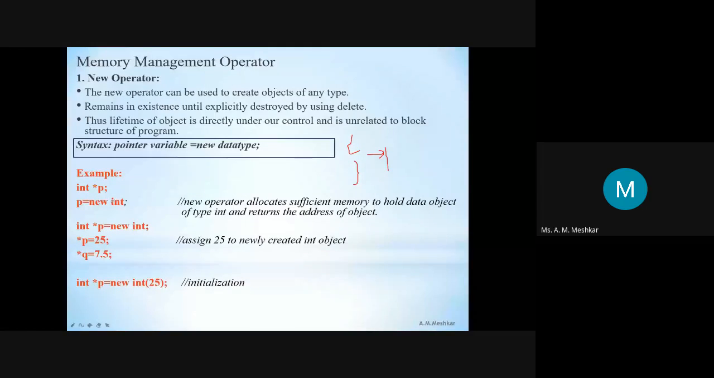See, we can assign the newly created object some value also. ये दोनों चीजें आप एक लाइन में भी लिख सकते हैं with this line, int *p = new int. You can assign the values to this pointer variables also. *p = 25, *p = 7.5. तो ये जो नया सा ऑब्जेक्ट क्रिएट हुआ है int टाइप का, इसकी वैल्यू आ गई।